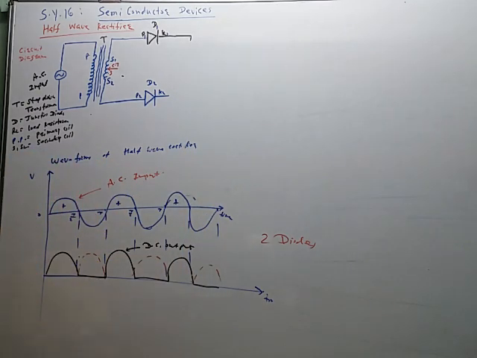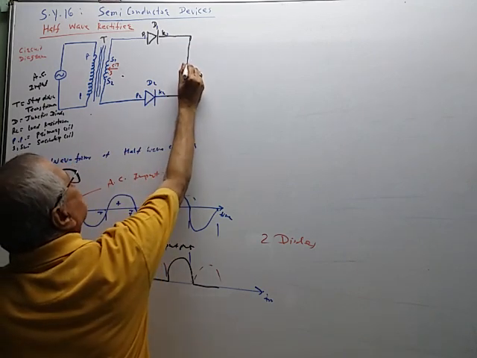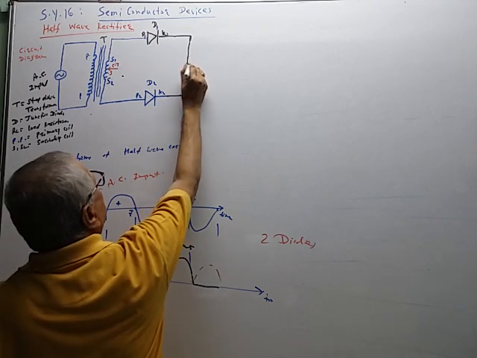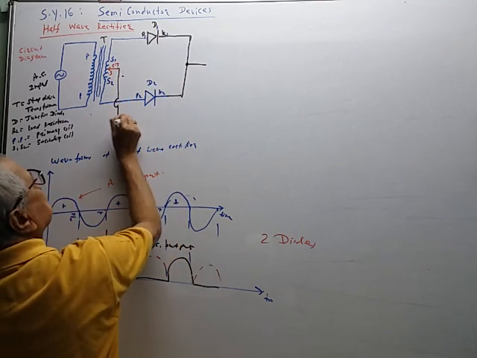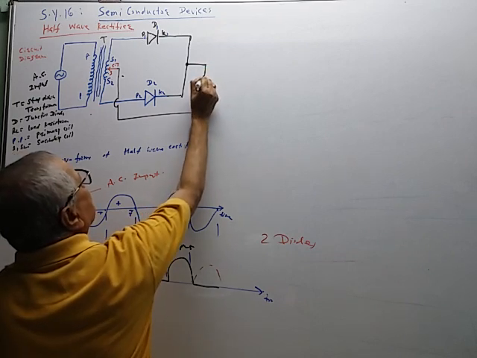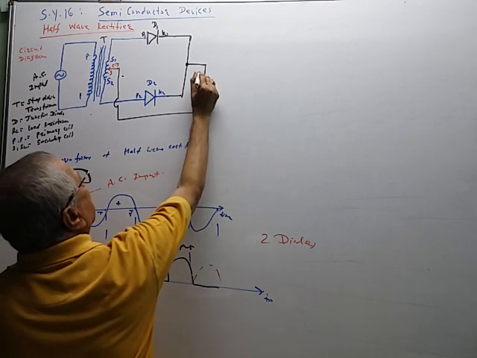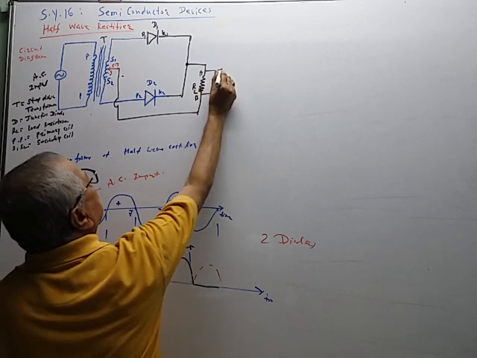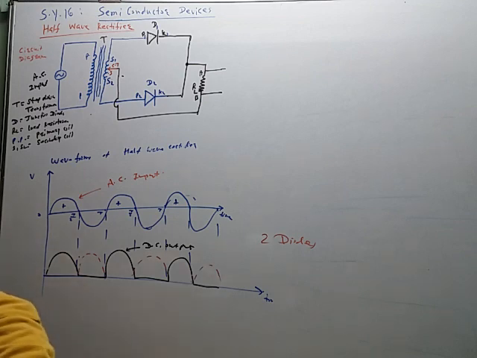Suppose these two cathodes K1, K2 are connected here. So this is the junction of the cathodes. This junction of the cathodes is connected here. This is a jumper, and here a load RL is connected. A point, B point, and these two points are taken out, so we get the DC supply here. Whether we get DC supply or not, that we have to show, that we have to prove.